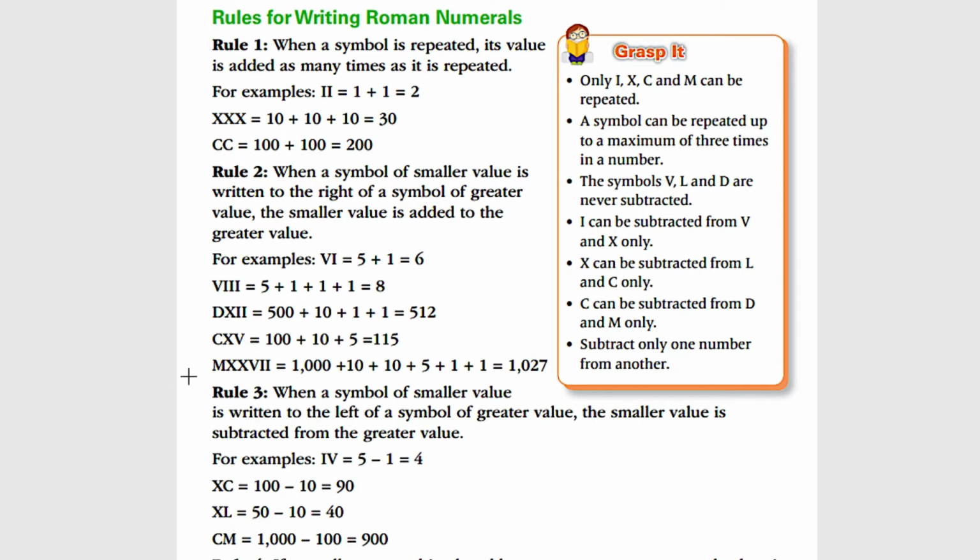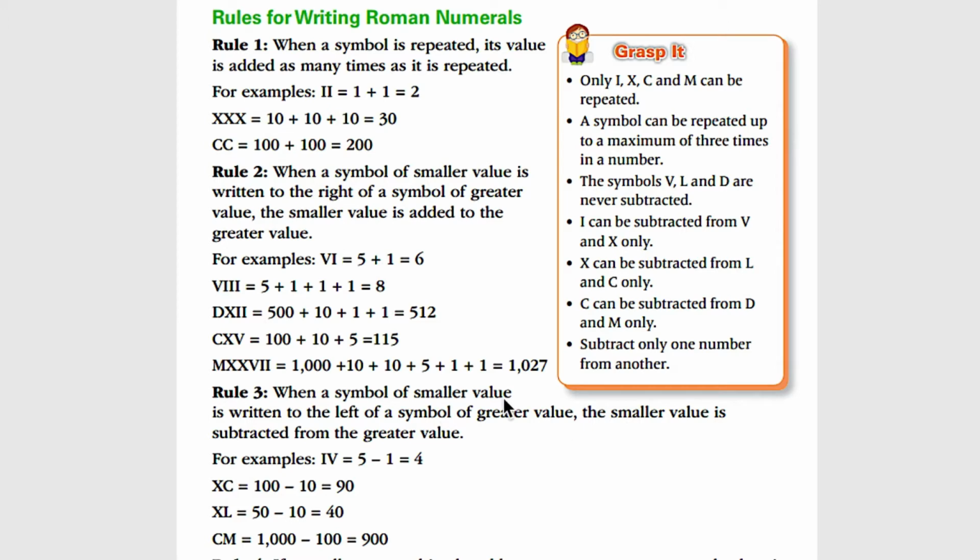Then over here this one, M followed by X repeated 2 times, then V and then I repeated 2 times. So M के लिए value है 1000, and then for X repeated 2 times we have added 10 2 times, and then we have V, so उसकी value है 5, and then I repeated 2 times, so adding 1 2 times. So over here the result of addition of these is 1027.